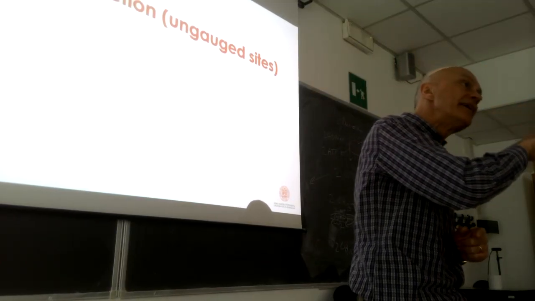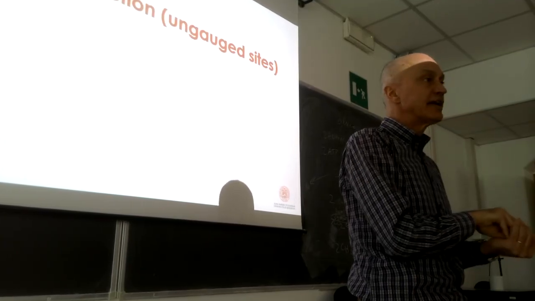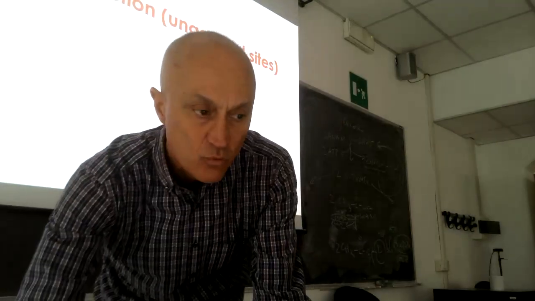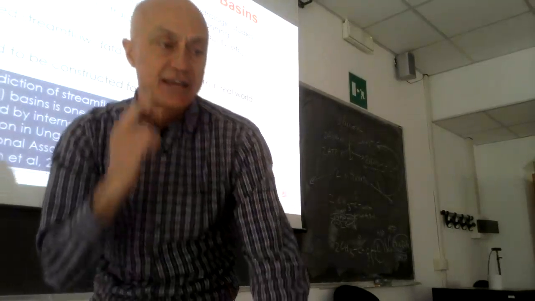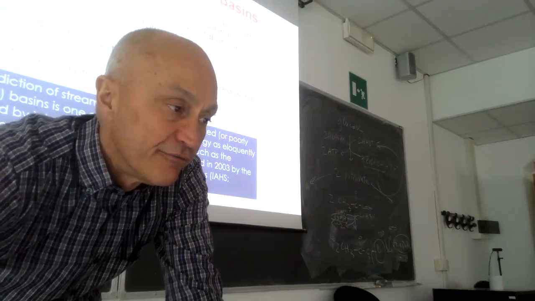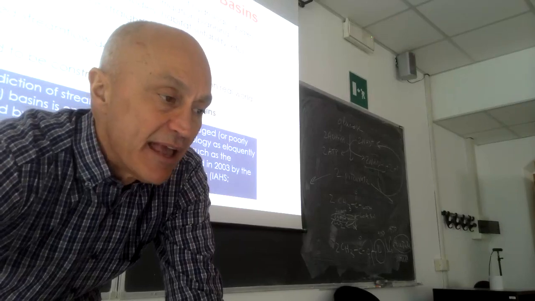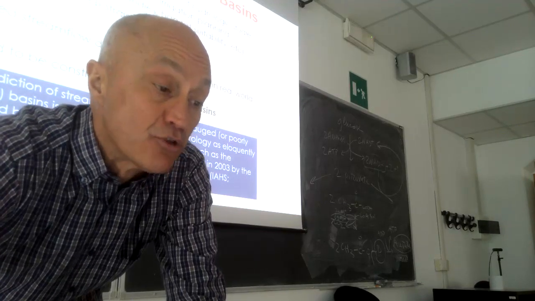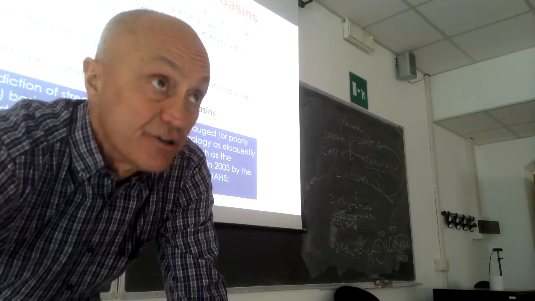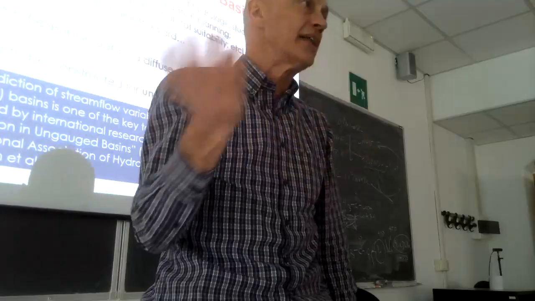They can be constructed if we have data, and the construction is straightforward. We sort the observation in ascending or descending order, and we assign a duration to each and every observation in the sorted sample. Very easy. But the reality is that very often we do not have data. We do not have even spot measuring campaigns. So we need to predict